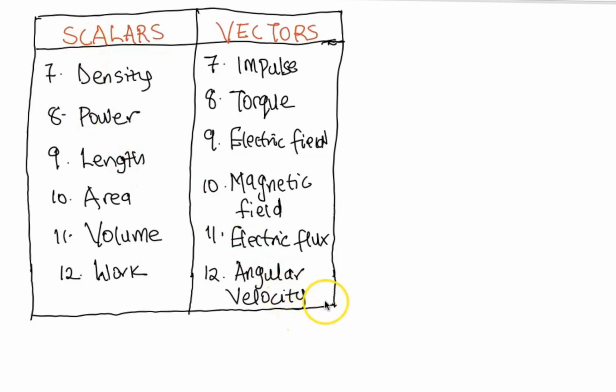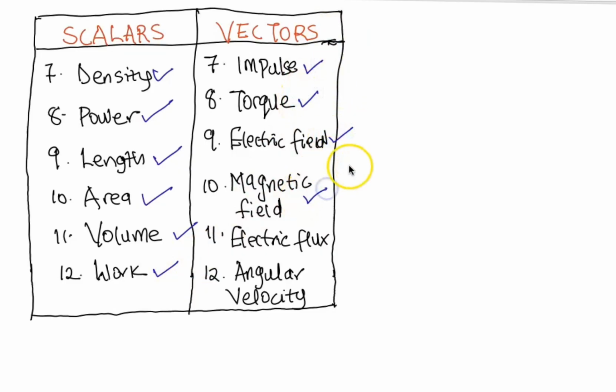So we have density, which is a scalar quantity. Density is mass over volume. Both mass and volume are scalar quantities. So we have power, we have length, we have area, we have work, and we have volume. For vector quantities, we have what we call impulse, we have torque, we have electric